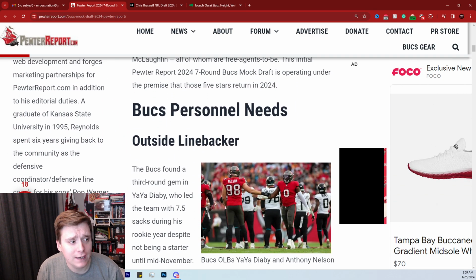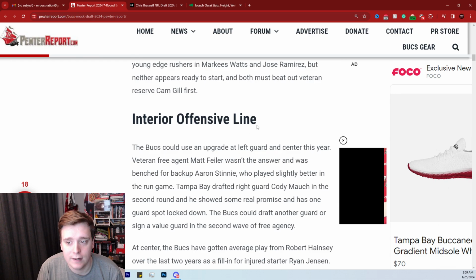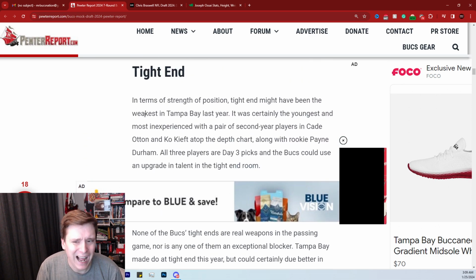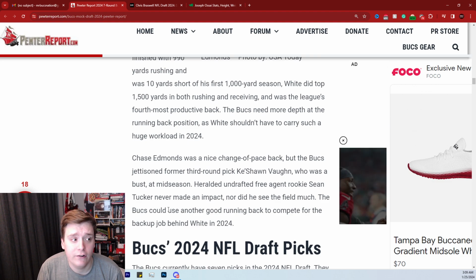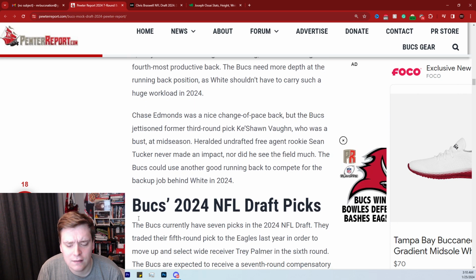And you take a look at the needs, and yeah, it's pretty standard, pretty on par for what the Bucs' needs are right now. Outside linebackers, interior offensive line, strong safety, you have tight end, which I'm kind of on the fence about. You have running back in there as well. I would argue that wide receiver is a low-key need that could be considered, maybe defensive line as well. But those are the needs. Let's go ahead and dive